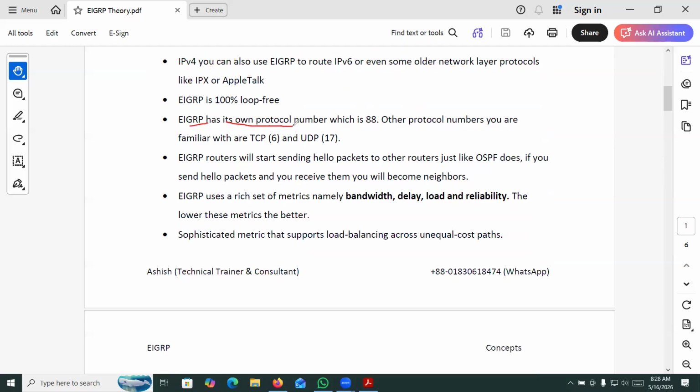EIGRP has its own protocol number, which is 88, already discussed. So it is neither TCP nor UDP. It works on the network layer. EIGRP routers will start sending hello. This one is very important. I'll discuss it now. Suppose you have two routers,